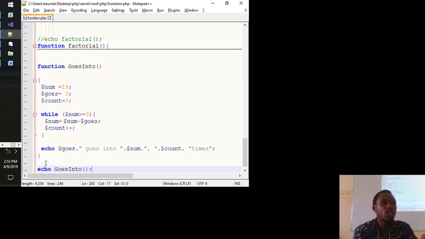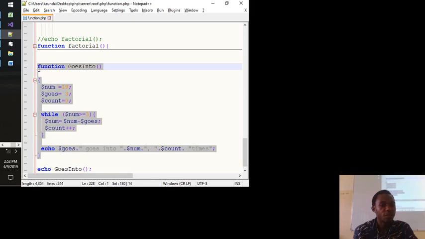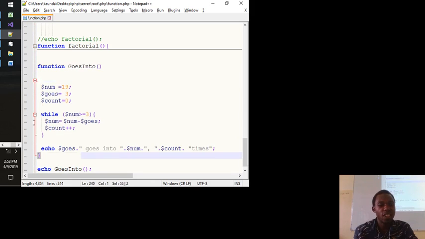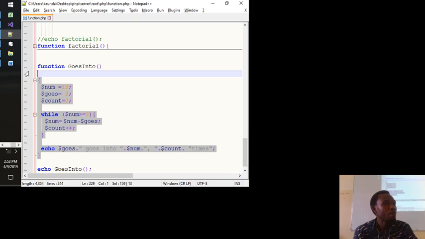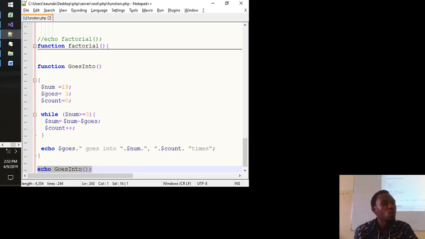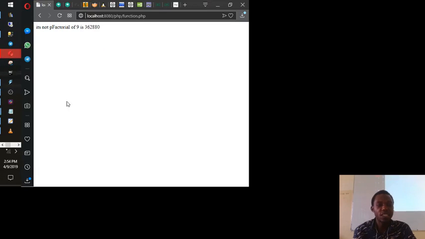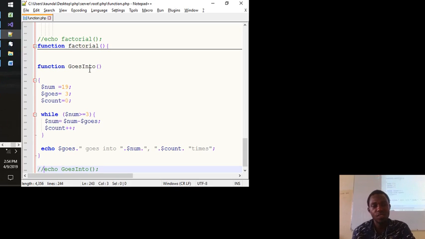Please, let's always take note of this. This one, that is the function you built. Once you are done with this, it will not show in the browser. This is what will make it show in the browser when you echo your function. If it has some parameter, then you put in the parameter there. But just having this one, if you run, your browser will be empty. Sometimes it gives a clue that there is no syntax error, but there can be logical errors. So let's see